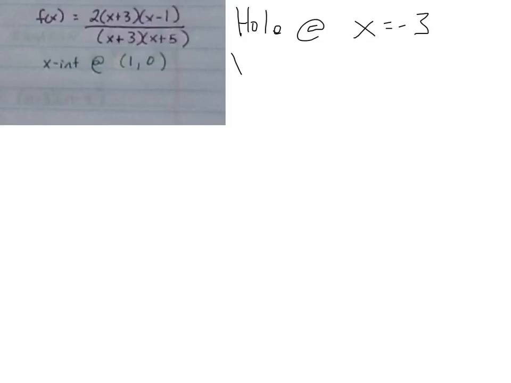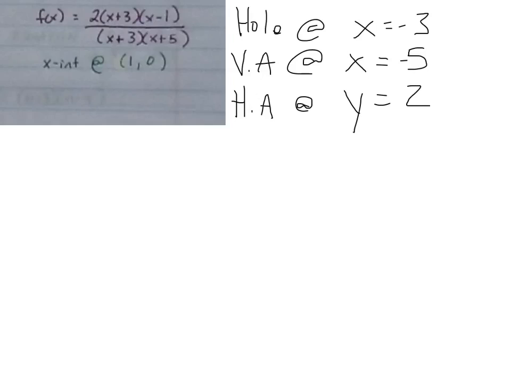We have a vertical asymptote at x equals negative 5. We have a horizontal asymptote at y equals 2, because our leading coefficients are 2 over 1. We have an x-intercept